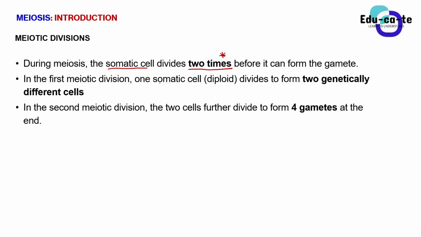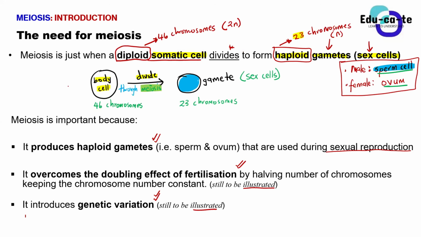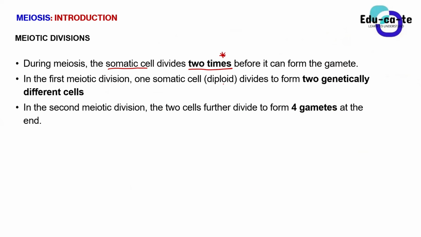Remember the diagram that I made here, it was just for illustration purposes. It's not really the process. It's just illustrating that a body cell will divide, and at the end of the day will have some sex cells. But the actual process happens in this way. The body cell or the somatic cell divides 2 times so that it can form a gamete. So it doesn't just divide 1 time, it divides how many times? 2 times. The somatic cell has to divide 2 times before it can become the sex cell or the gamete.